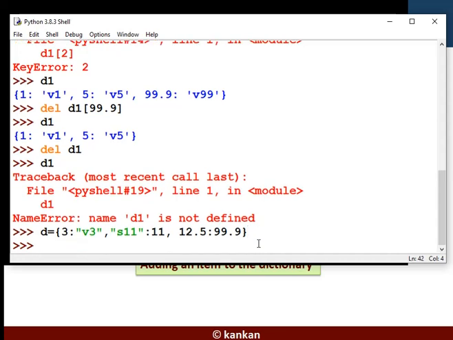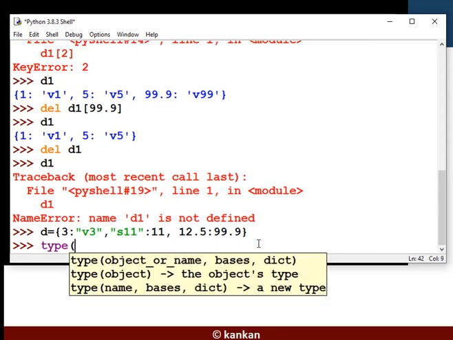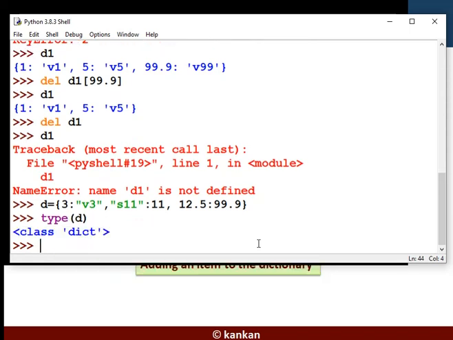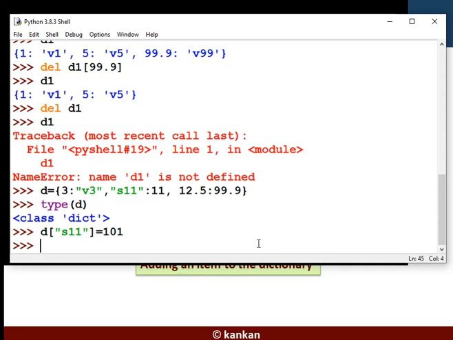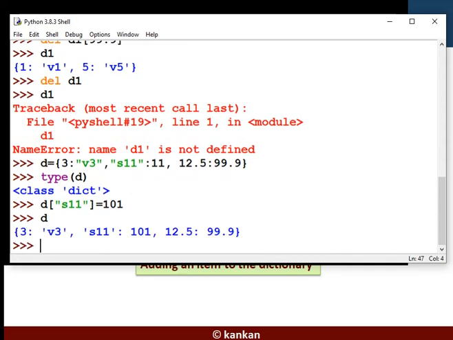Okay, and its type is dictionary. Now I would like to update the key S11 with the value 101. Okay. Now see the dictionary. So the value has been updated. S11 value was 11. Now it is 101.